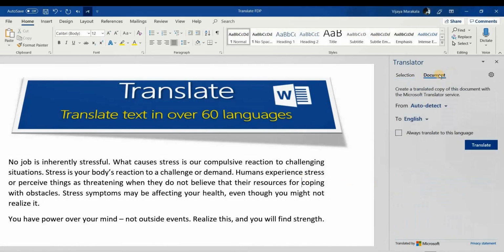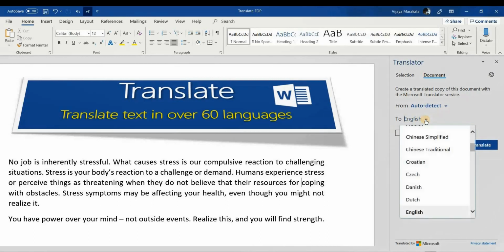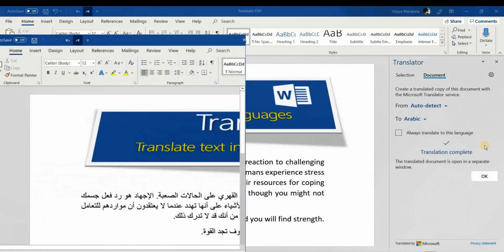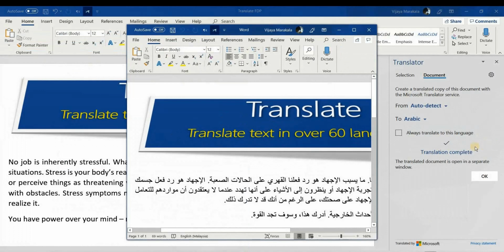You can even translate the entire document. Here, another document will be created with the translated language. So let me translate this entire document to Arabic. When you click translate, another copy of this document is going to open, which is the translated document.